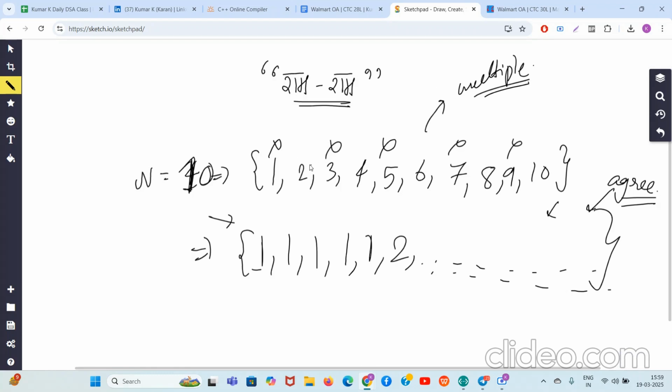You need to delete 1, you need to delete 2, 4, 5, 7, 8, 10. So how many numbers do you have to delete? 1, 2, 3, 4, 5, 6, 7. So 7 times, and till then the GCD will remain 1 only.